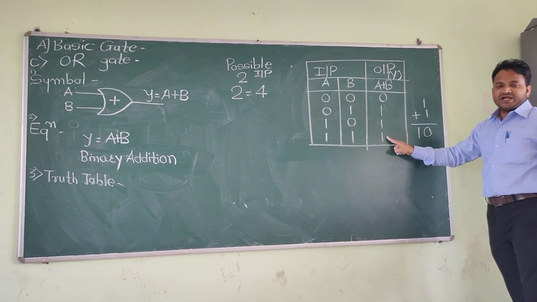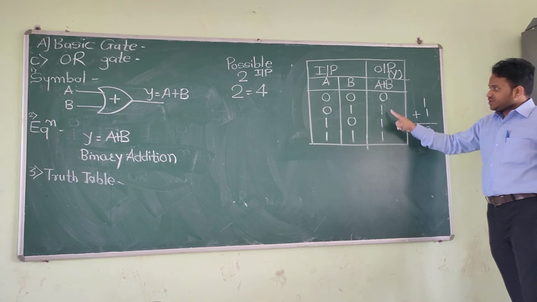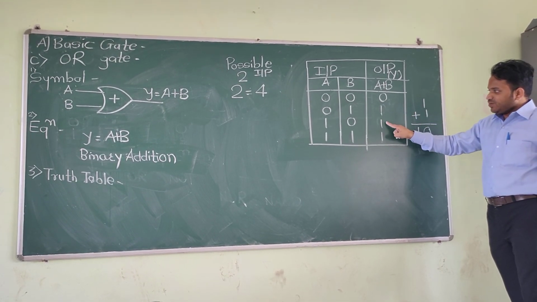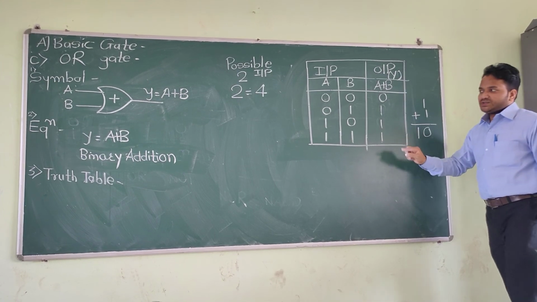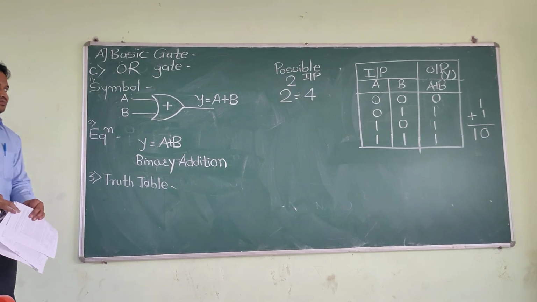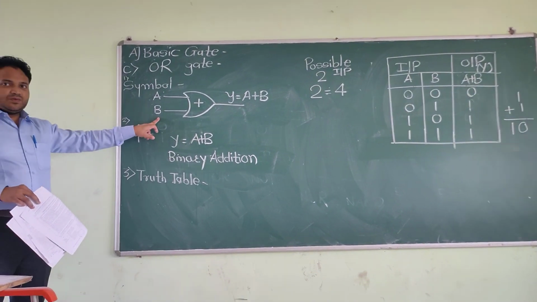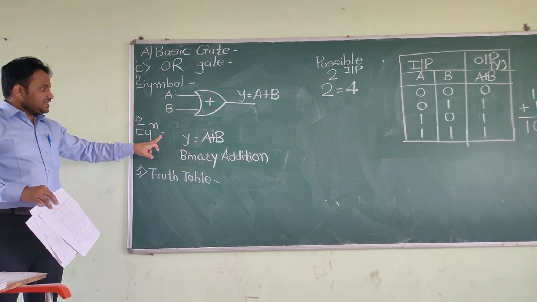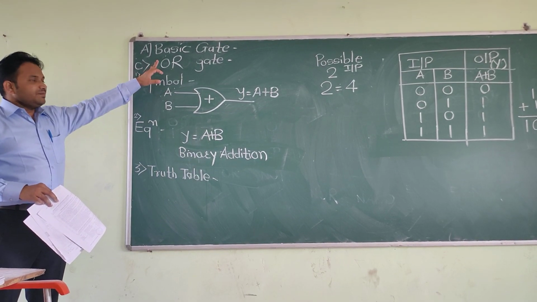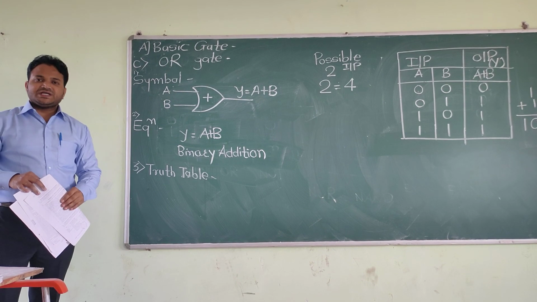So please understand this particular thing. So the output of this OR gate is nothing but 0 1 1 1. I think this is again understood by you, which is very easy to remember. We have to remember only these 3 important things, that is its symbol, its equation and its truth table. These are 3 basic gates. I hope you understand these basic gates.